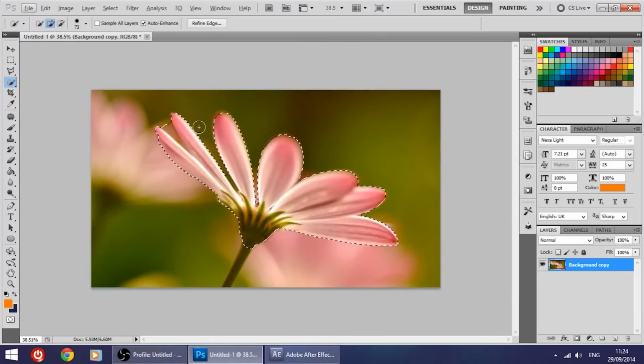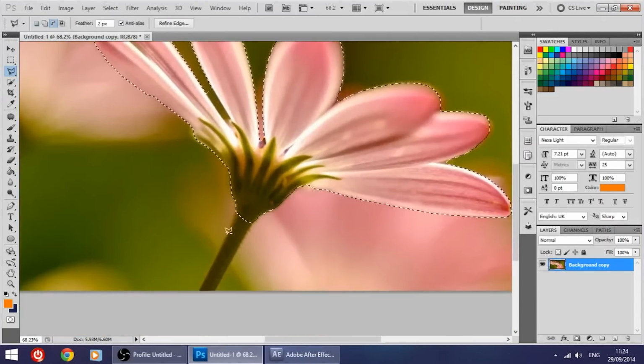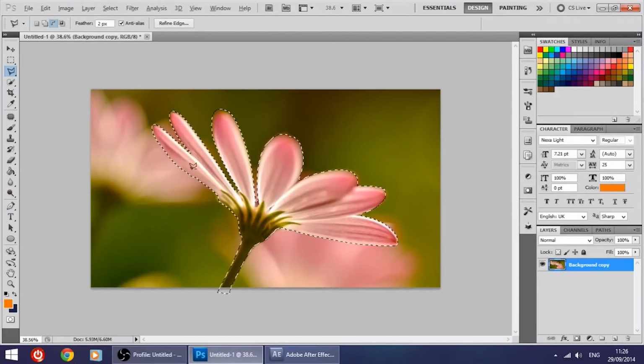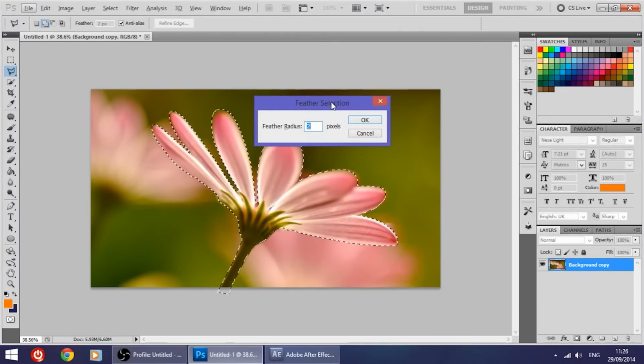So that's the most I can select with the quick selection tool. Now I make it more in detail with the use of the polygonal lasso tool. So we have our flower selected. Now we are going to press Shift F6 so that we bring the feather selection. Now we are going to make the feather radius 1 pixel,